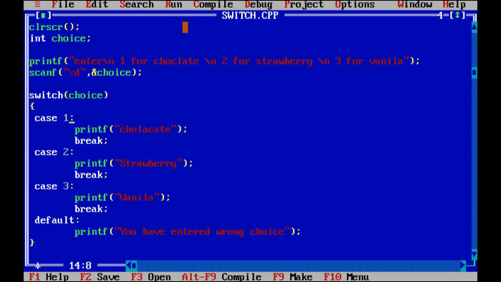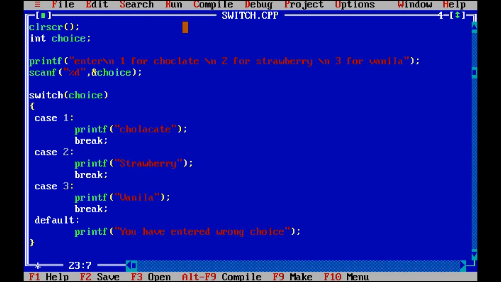Then in case 2 you can give alphabet E. Then here you can give I. Then case 4, O, then U. So it will become 5 cases. And in each printf you will have to give, it's a vowel. Okay. Then suppose in these 5 places you have taken capital A, E, I, O, U, then again you will have to create another 5 cases with small letters a, e, i, o, u, because the user may enter anything, capital letters or small letters. So it will create 10 cases instead of 3.